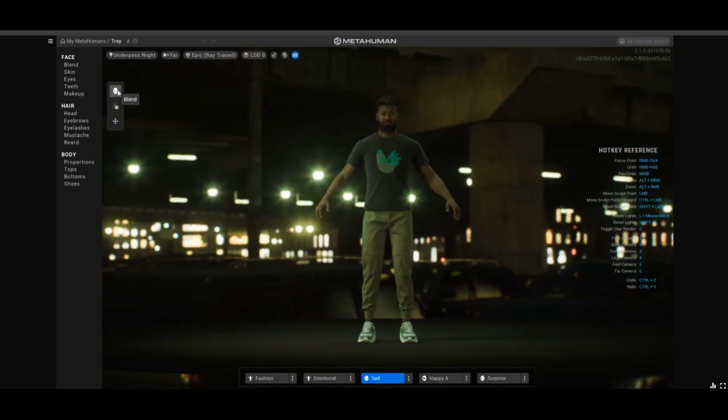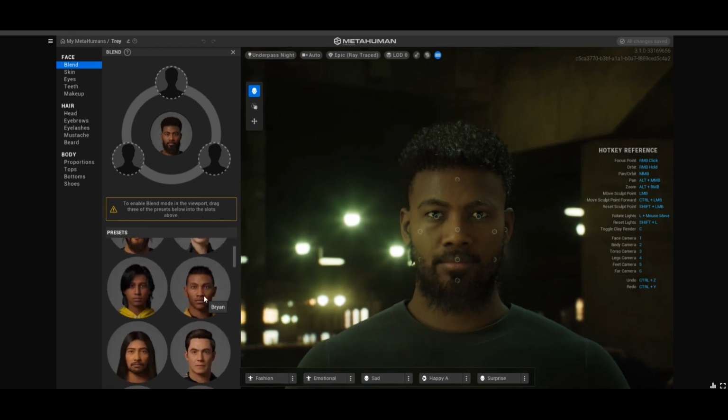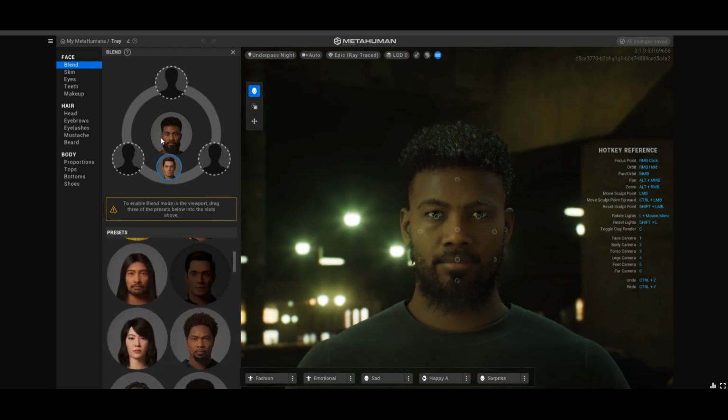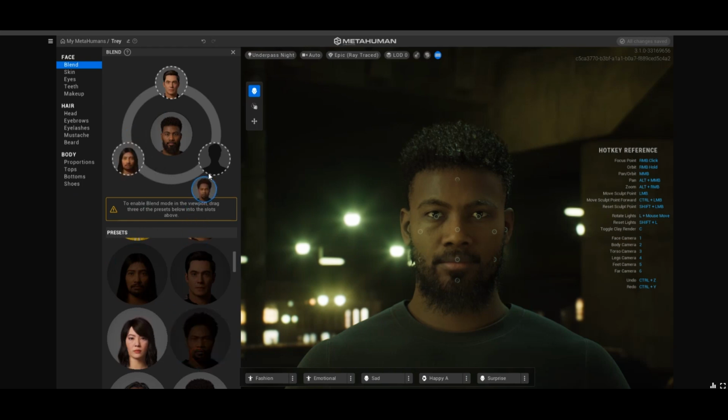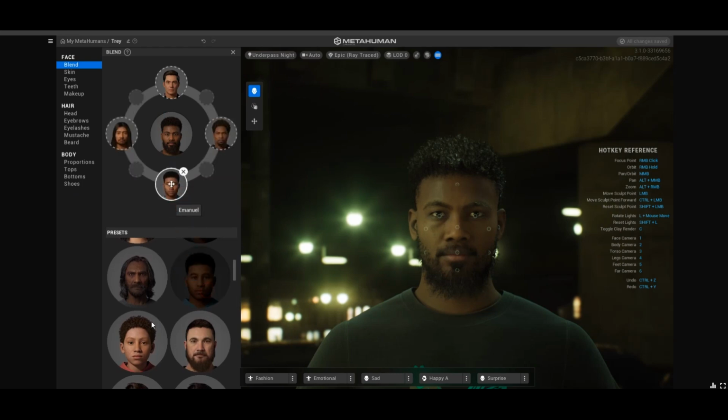This right here is your blend system. I call it the hereditary system. You can basically choose characters and take their facial features and add it to your character as you like. You can pick up to 6 people